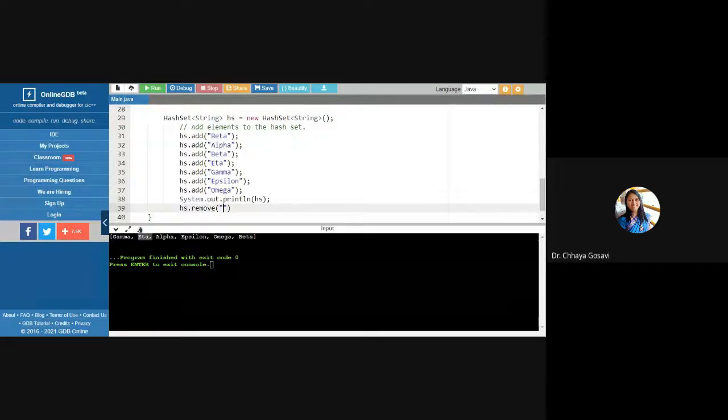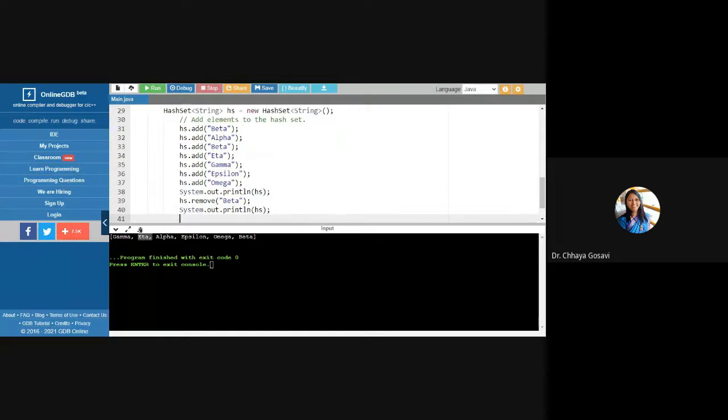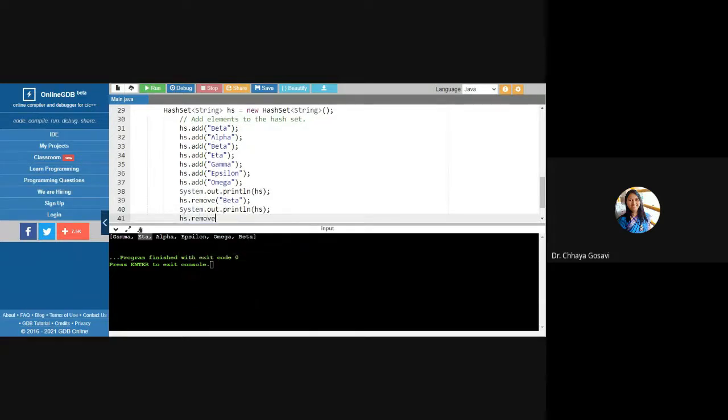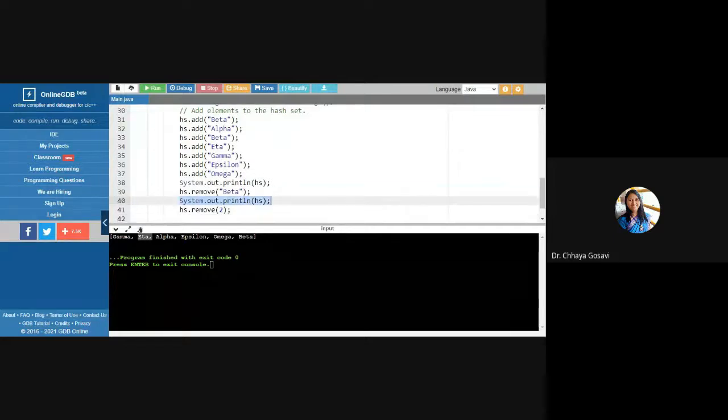You can pass what you want to remove. If I want to remove beta, and then print the hash set, or you can remove the element at a particular location. Remove say 2, and again print the hash set.